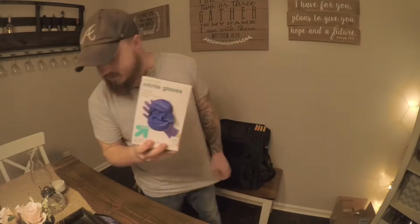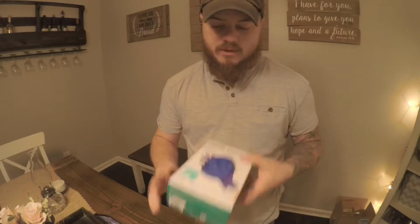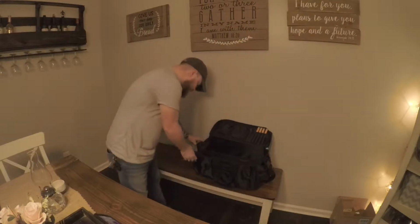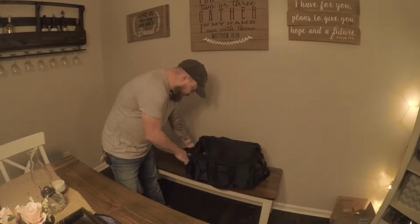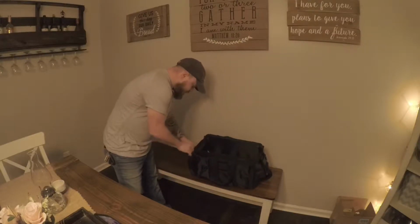I got some gloves, because from the research I've been doing, you need to be sterile, you need to be clean. You don't want anybody getting infected or any kind of bloodborne pathogens or anything like that. And with that being said, you want to make sure that you have very clean and sterile equipment. So